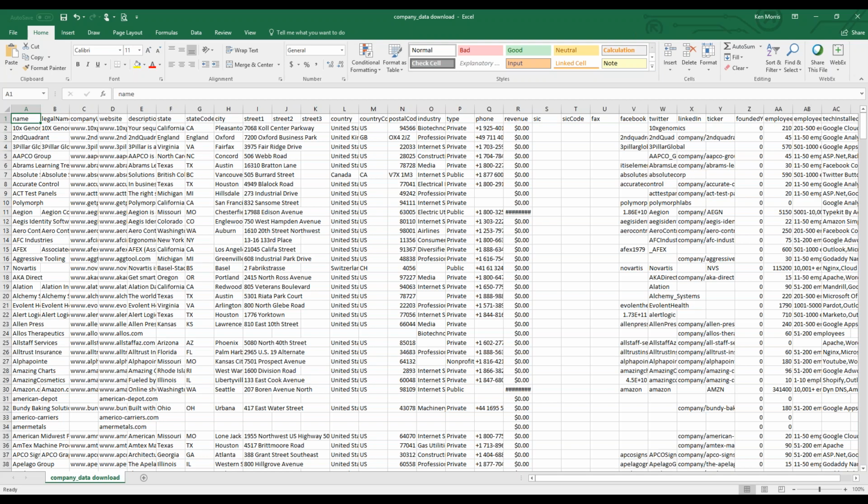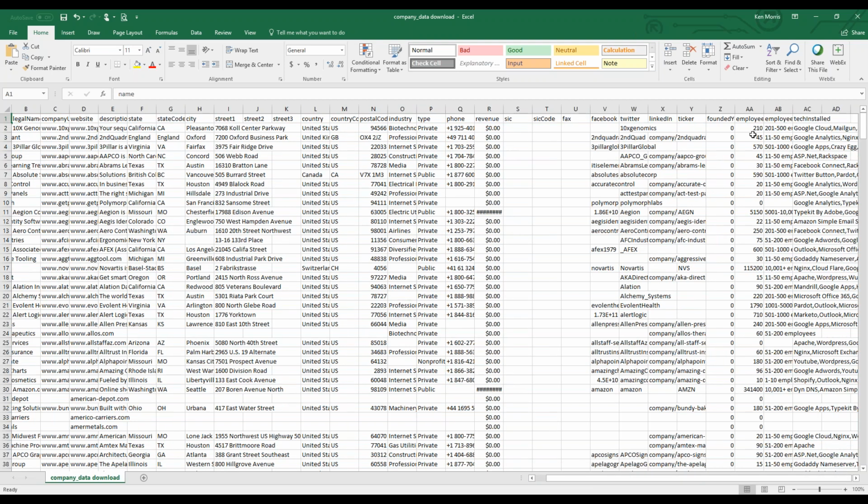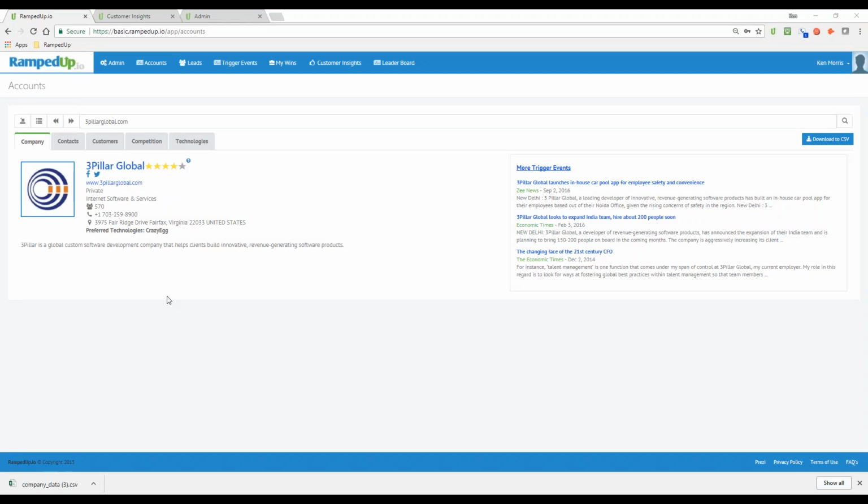So here's my accounts, much more information than you saw on the screen, to include some particulars about industry, employee counts, and the tech stack that's installed, which we'll go over in a minute. So that's an easy way to get data into your CRM, evaluate it in the RampedUp tool from an account-based level. So next tab,